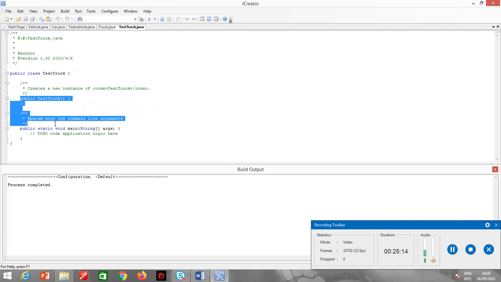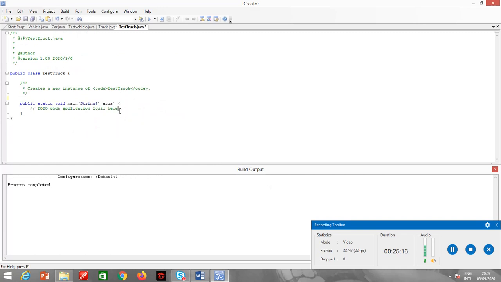Okay, I'll make the object of class car. I will just copy from there. Alright, and same way I will make the object of the truck class. Truck T1 is equals to new truck.